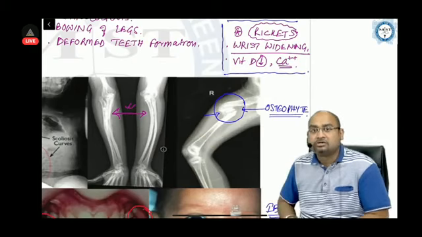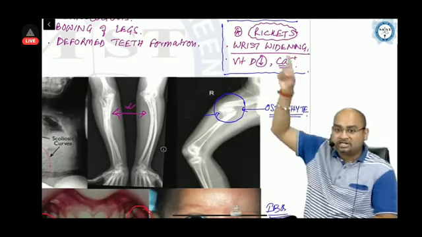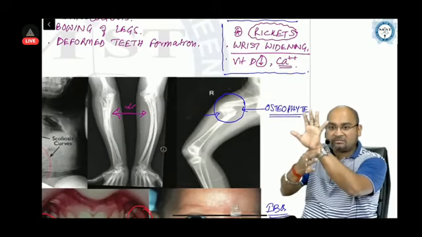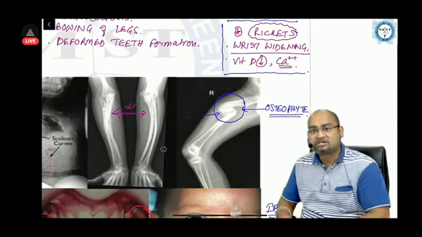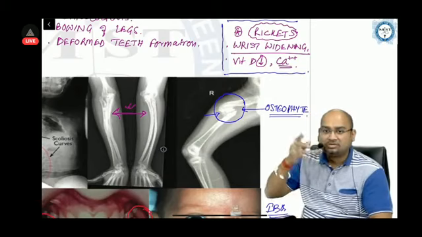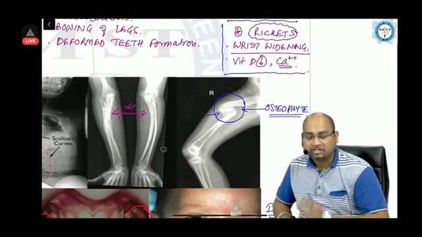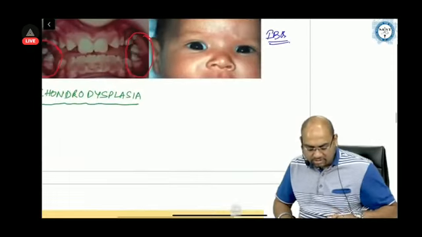This image can also be seen in case of rickets. However, in rickets we have got wrist widening. Wrist widening, my dear friends, is an important feature that can differentiate between these two. However, vitamin D deficiency and calcium will definitely be mentioned for rickets. Please try to understand this point. Type 2,